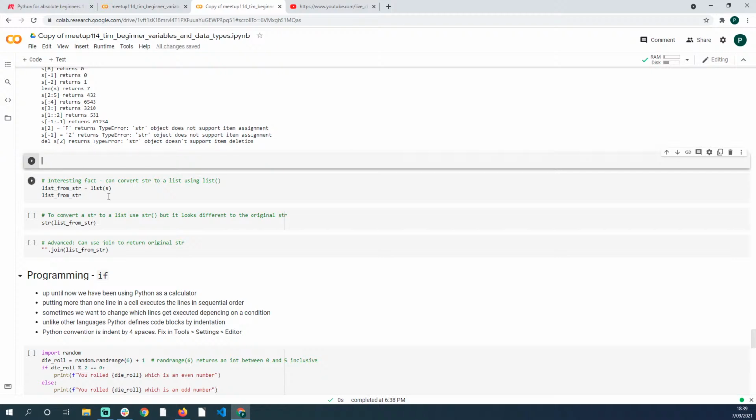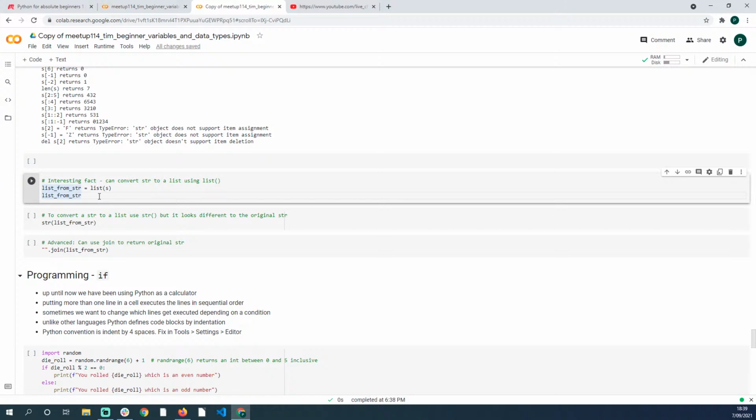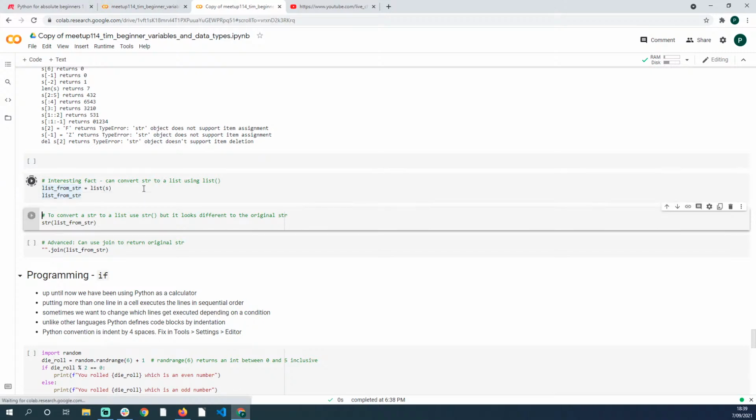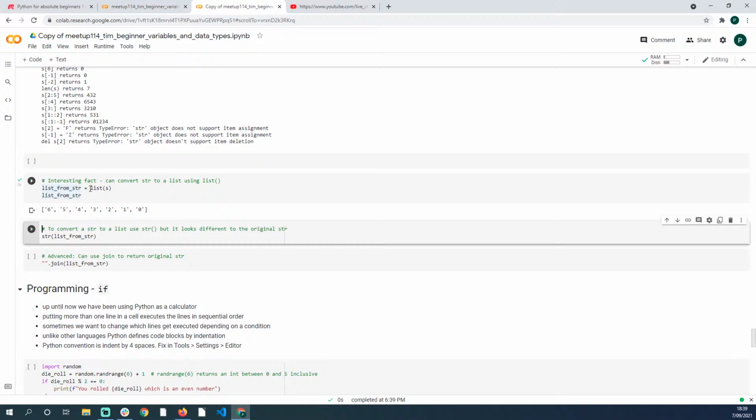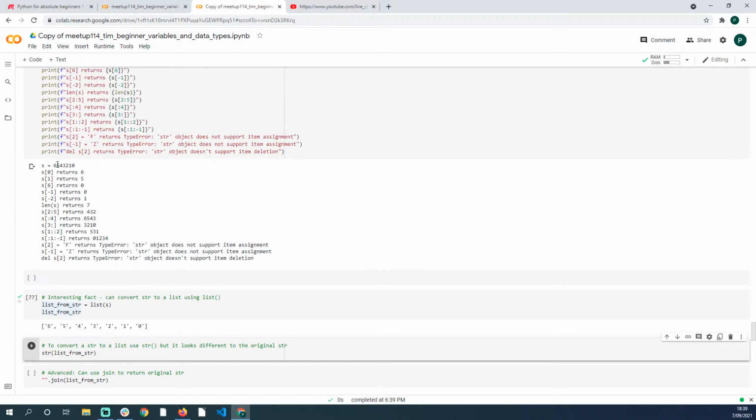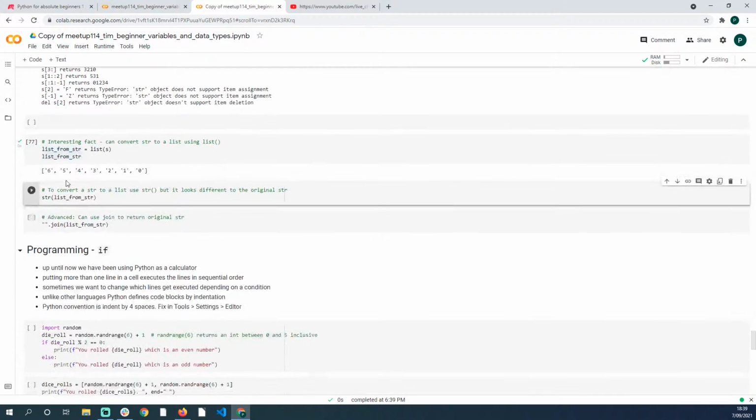Now because of these similarities between lists and strings, it's actually possible to convert a string into a list using the list function. Remember I told you about this function before. That's the one you don't want to lose by calling your variable L-I-S-T. So our string was A, B, C, D, E, F, G. And let's have a look at the list that we can get by running the list function. And I must have redefined S. Yes, I did. S equals 6543210. And now it's been split up